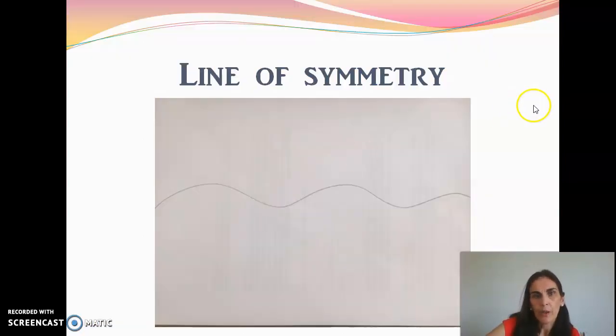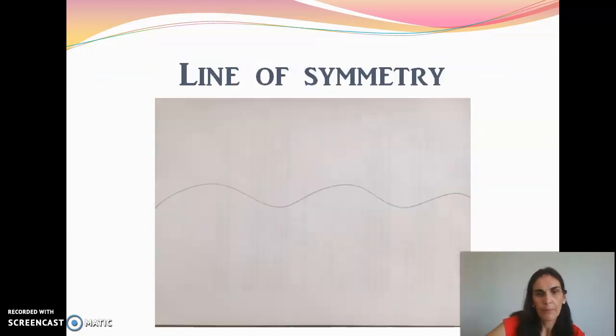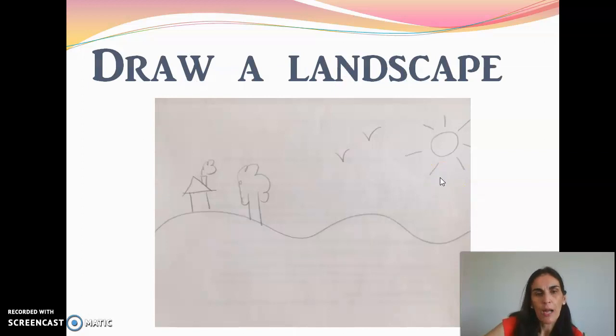Well, first of all, we are going to draw on a white paper a line of symmetry. Okay, but this line of symmetry is not straight. It has to be curved. So we have to draw a line of symmetry, not straight, but curved. Okay, then we will draw a landscape, for example, a house, a tree, some birds and the sun,